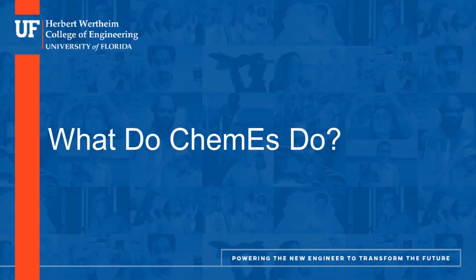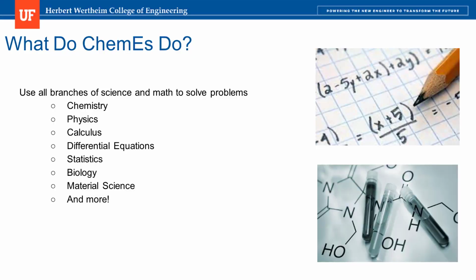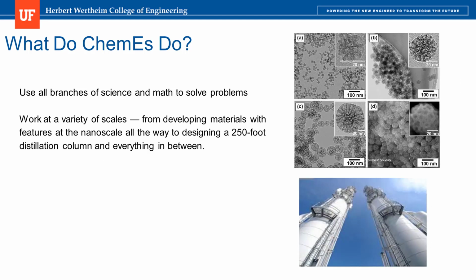At this point, you may be asking yourself, what would I do in my future career if I chose chemical engineering? Broadly, chemical engineers apply ideas and knowledge from all branches of science and mathematics to solve problems. If you were anything like me in high school, you enjoyed learning how to, for example, take a derivative or calculate the heat of reaction, but struggled in identifying why it was important to learn. Studying chemical engineering will finally be the time for you to do something exciting with this knowledge and these skills.